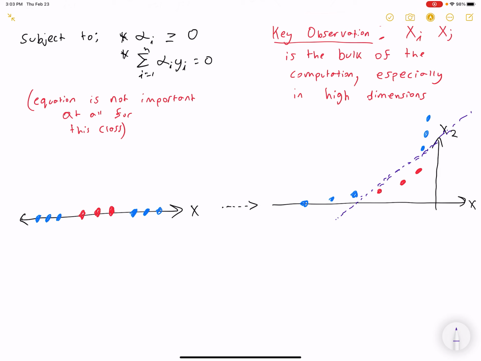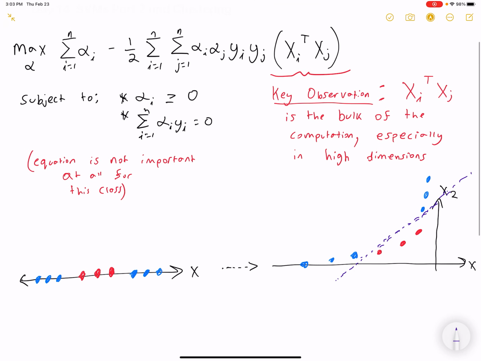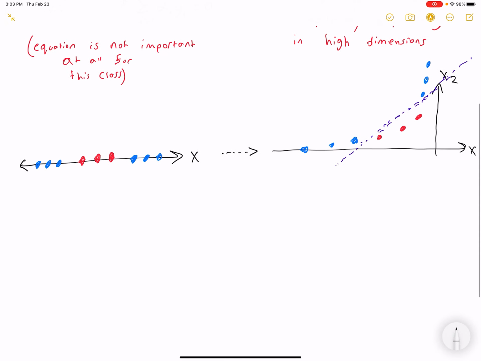But the problem is, as we talked about last time, sometimes it requires expanding into really, really high dimensional space. And that's going to be impossible to store on a computer. Even if we could somehow store it, the calculation would be really expensive. And so it's not feasible to increase our data into these high dimensions. But we made this key observation that the bulk of the computation is this dot product. And so the kernel trick, which I think we ended last class on,